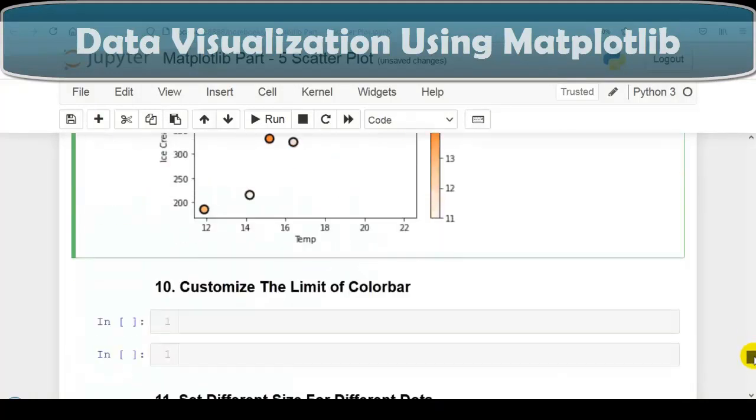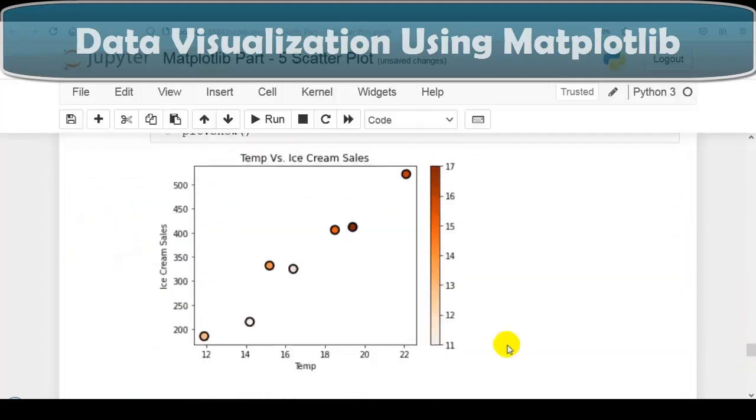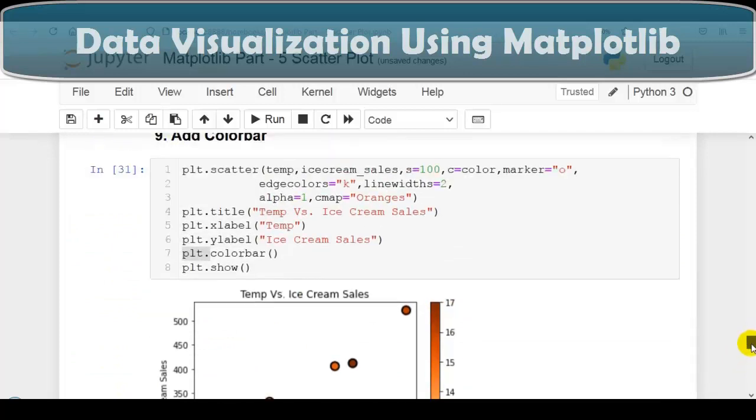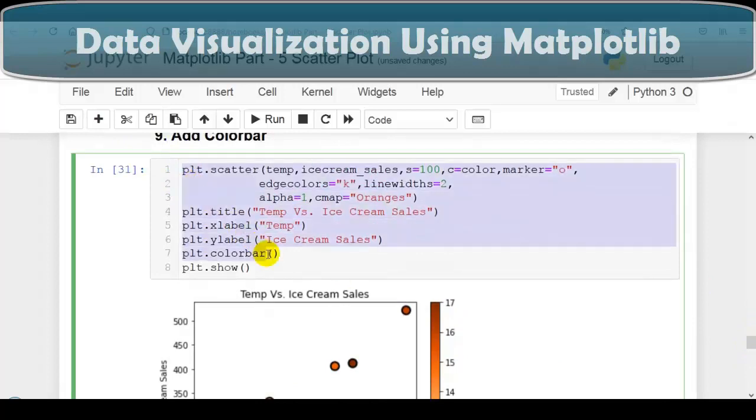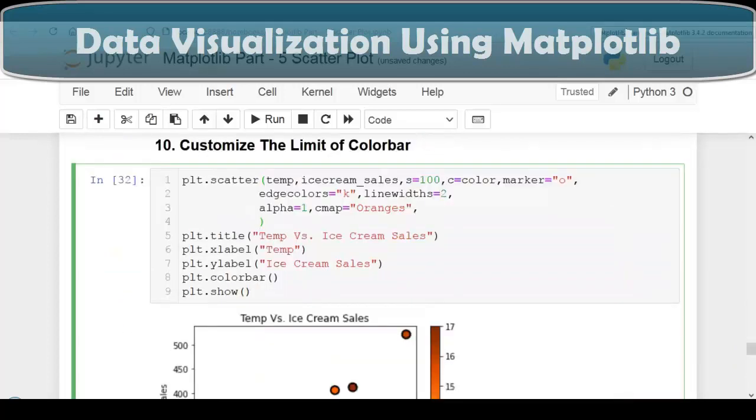So now next question. In this question, we have to customize the limit of the color bar. This one, as you can see, by default, the limit is set to 11 to 17, but we can customize it. Let me show you this. So let me copy this code and let me paste it over here. Let me execute this cell. So here, let me use the vmin parameter and the vmax parameter.